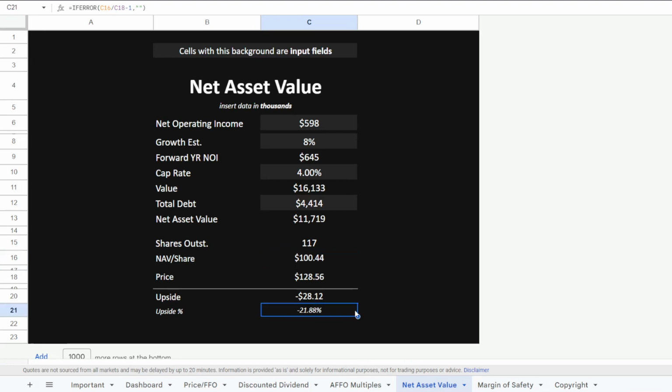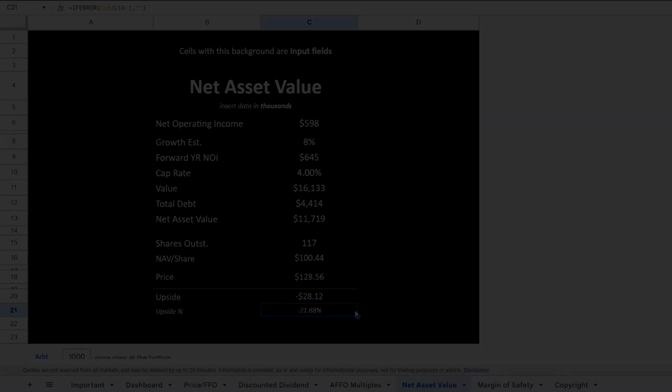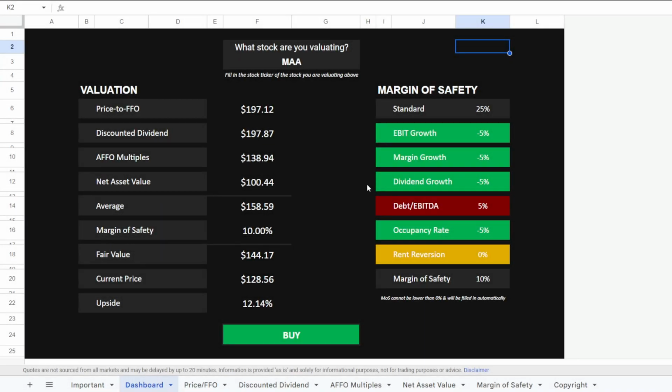Now that we have gone through all of our valuation models, let's go look at the final overview of our valuation next. Looking at our final overview, we've imported the price to FFO, discounted dividend, AFFO multiples, and the net asset value price per share, giving us an average of